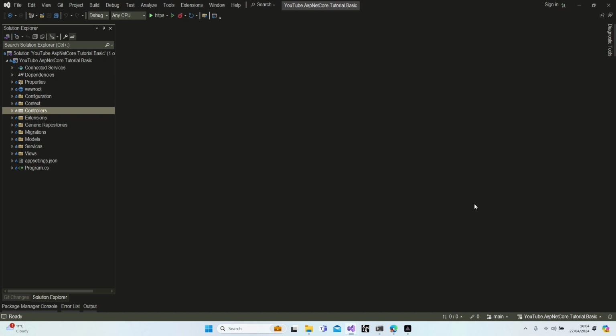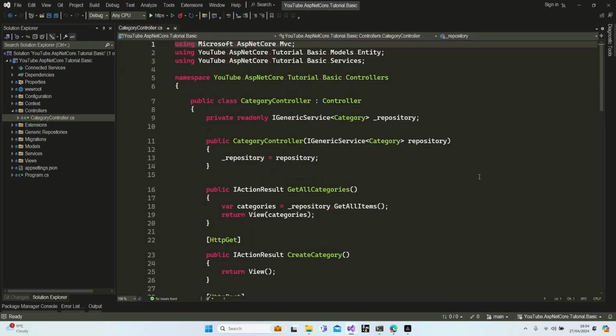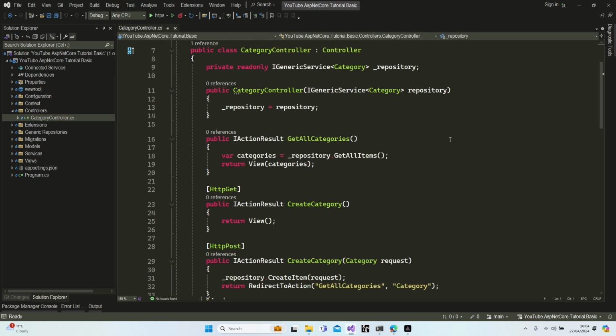Alright, in this lesson I'm going to show you how we map our entities to our view models. First of all, let's get back to our controller. If you remember the previous lesson, I told you this is not the best practice because we are returning the entities themselves as a return. We need to use view models because when it comes to the category or product or the other entities, there can be unused and unrelated, irrelevant information located in the entities,